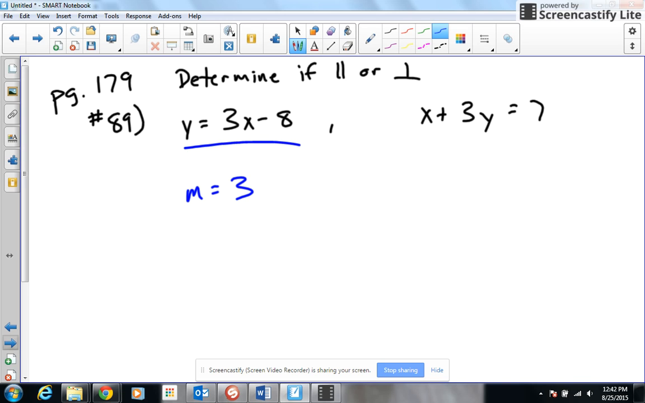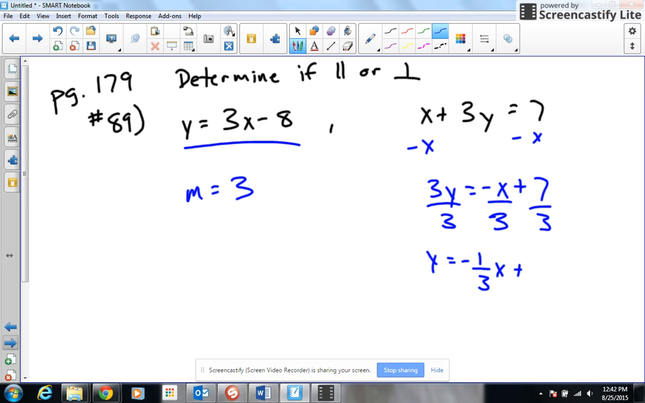Pardon the bell. Now the next line, we have to find the slope. So to find the slope, probably a number of different ways you can do it. Most commonly, get that y by itself. So 3y is equal to -x plus 7. Those are unlike terms. Do not combine them. And then divide everything by 3, and you get y is equal to -1/3 x plus 7/3. In this question, we're not really worried about the 7/3. We just care about the slope. So m is equal to